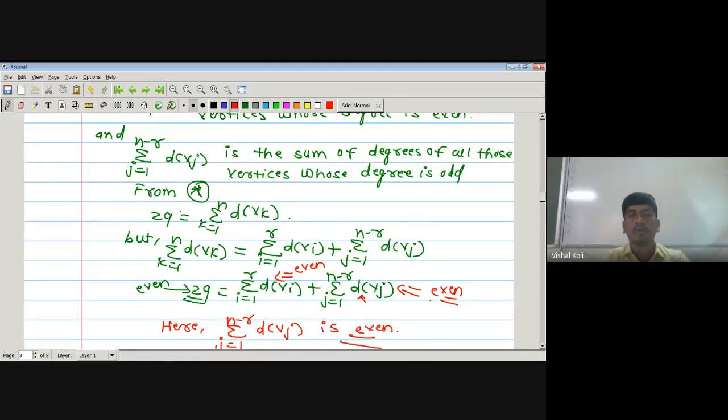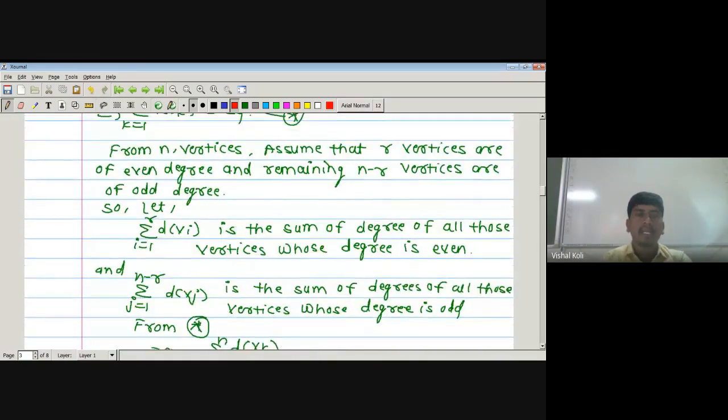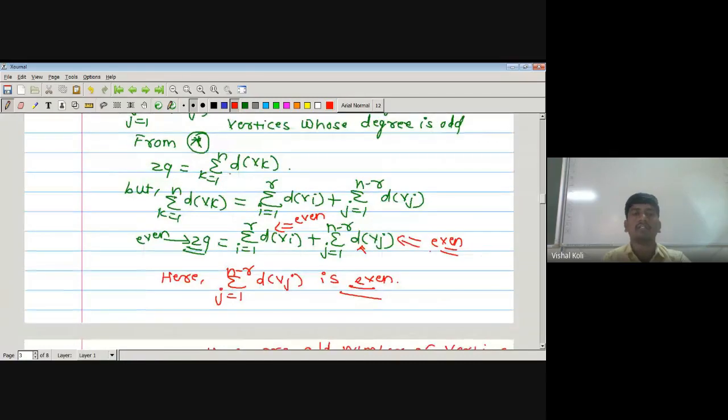Which is from the given only, that is, 2q is nothing but summation k running from 1 to n of d of vk. But we have assumed that there are n vertices, and among these n vertices, r vertices are of even degree and the remaining n minus r vertices are of odd degree. And here we have written summation k running from 1 to n of d of vk, that is, the degree of vertex vk,